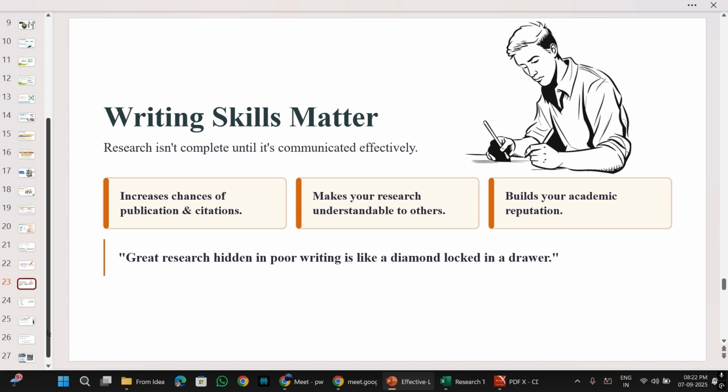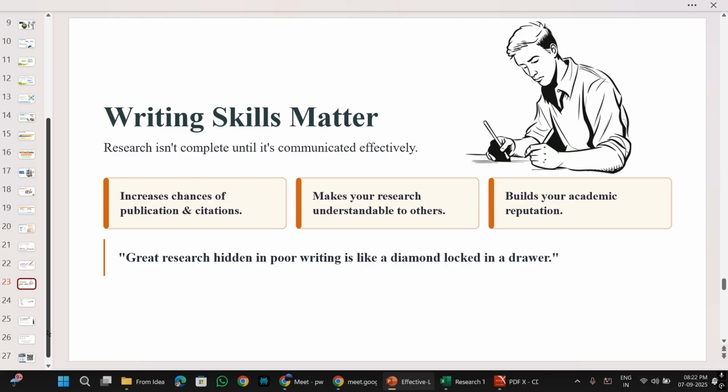There's no way that they are going to say, oh wow, wonderful language, nice jargons. They will be like, okay, I don't feel like reading it because it's just too much of technical words, I'm not able to understand it, something like that. So your manuscript or your report should be understandable by somebody who is not even in your field.